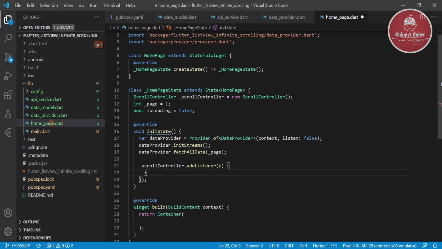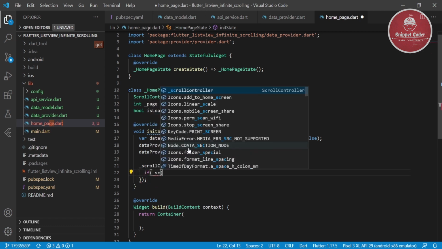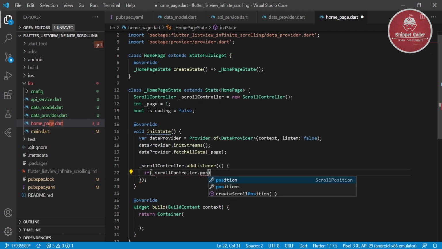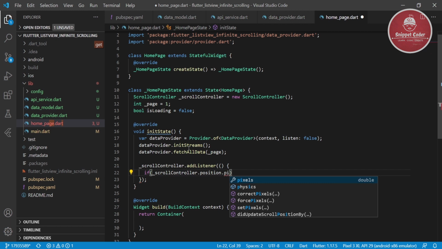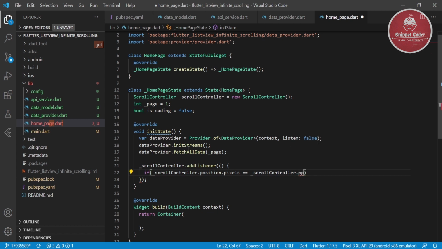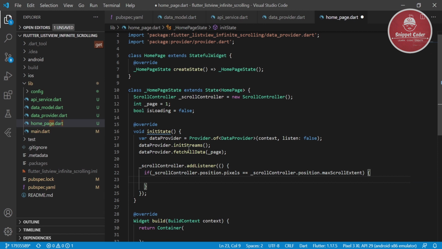And here we will check if scroll controller dot position dot pixels is equal to scroll controller dot position dot max scroll extent. Then we will call our method.